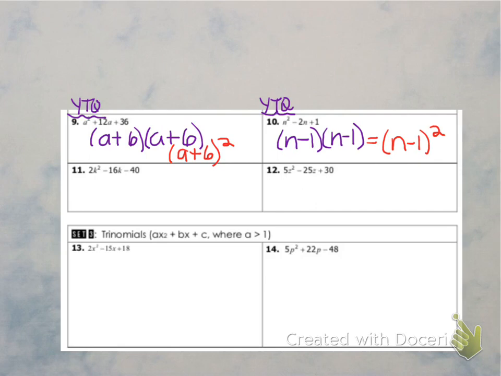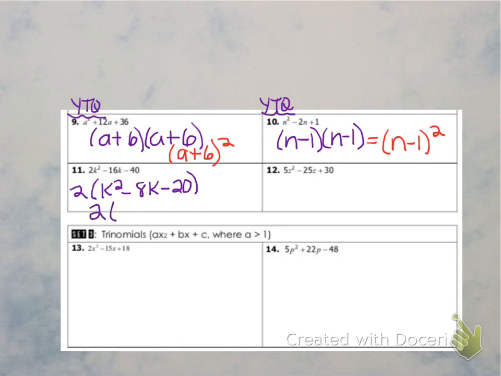Okay, so what's clearly different about 11 and 12 is that they don't start off with just k squared, x squared, n squared, whatever. 11 starts with 2k squared and 12 starts with 5z squared. Well, sometimes you can remedy that real quick. You could go ahead and divide that right off and simplify that. In number 11, we could just divide everything by 2 and we could rewrite this as 2 times k squared minus 8k minus 20, and you have to make sure you carry that 2 down